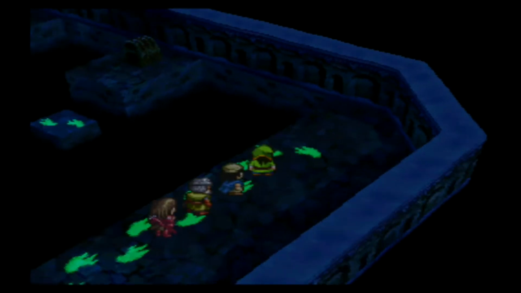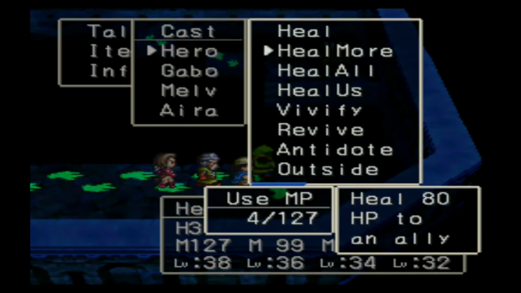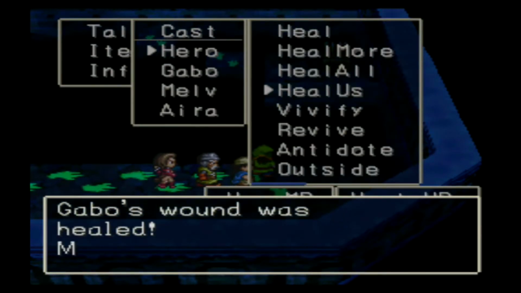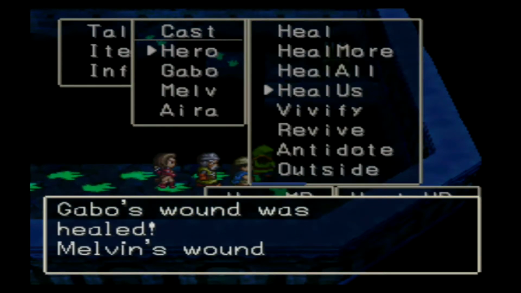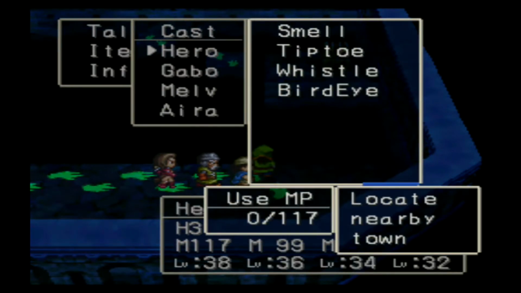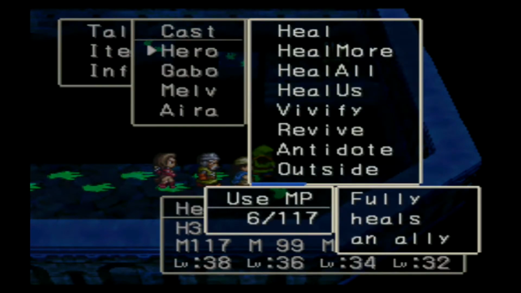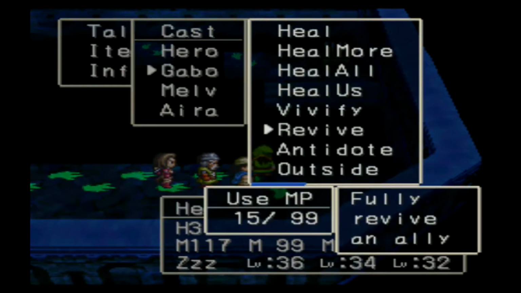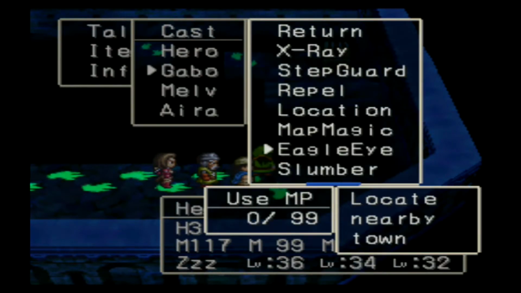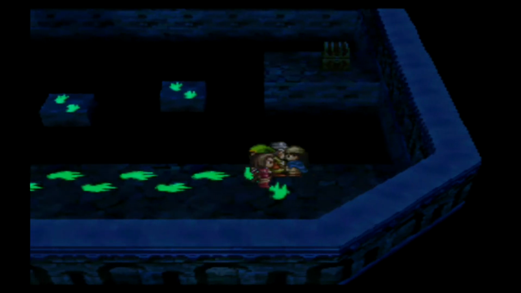Okay, there are 2 treasure chests in this crazy place. And obviously there's something going on here. I think that there's... Whoops, I did not mean to do that. I want to see something very fast. Whistle. Nothing happened. Good. I'm going to take advantage of this room to use Slumber with both Hero and Gabo. Actually, I think all 3 of them can do it, but only Hero and Gabo matter anyway, so...